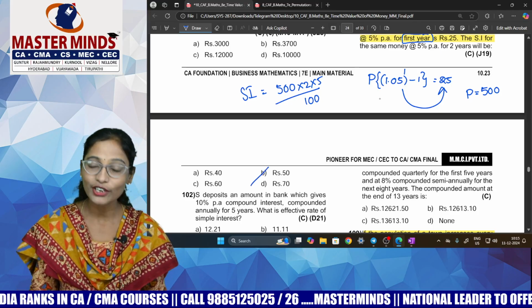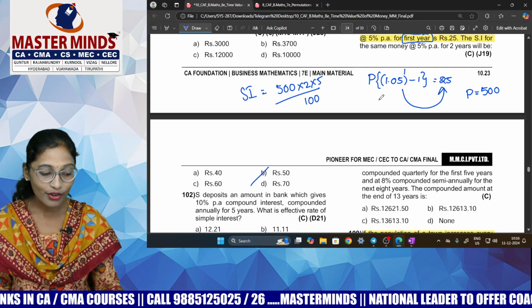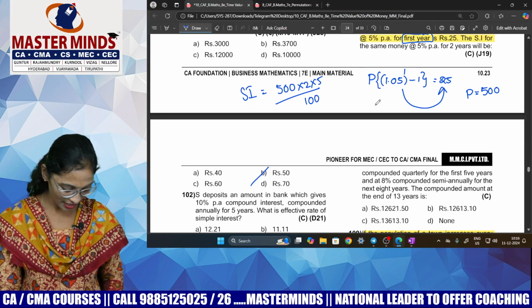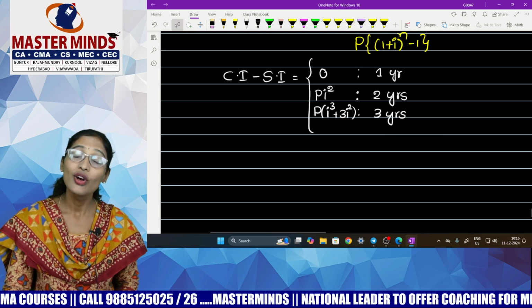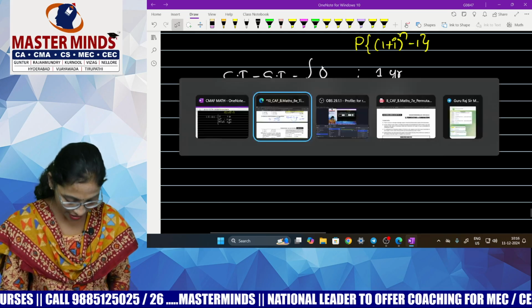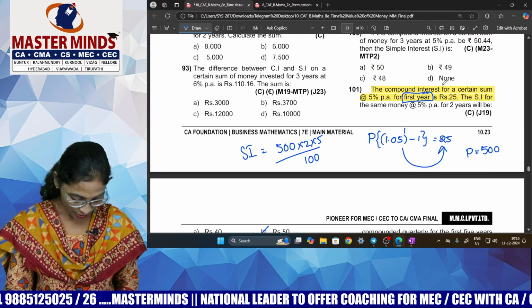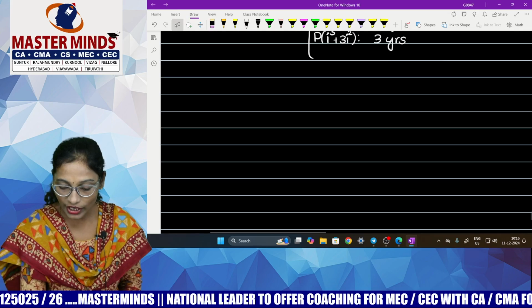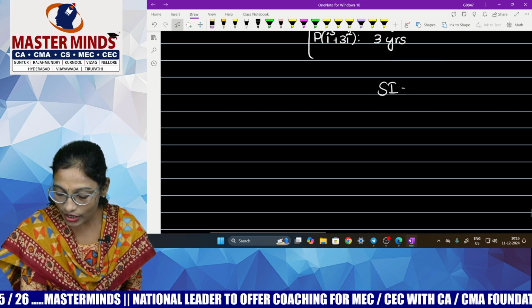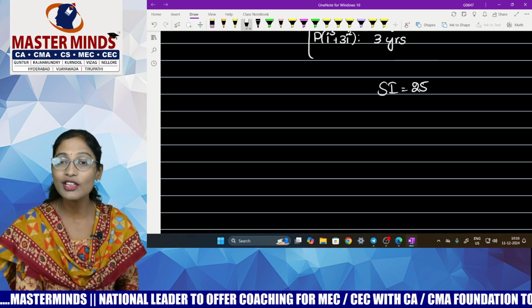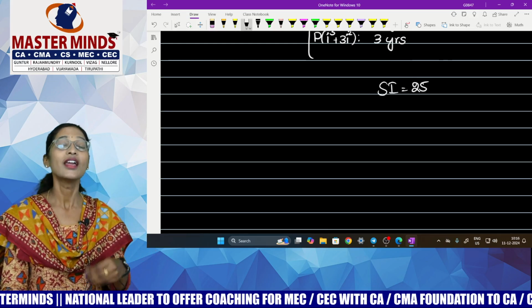But just now I told you that for 1 year ki CI ki SI ki elanti difference ఉండదు. For 1 year CI and SI are same. మరి వాడు CI for 1 year ఎంతనిచ్చాడు? 25. Then what is SI for 1 year? 25. So SI for 1 year 25 అయితే, I mean to say first year 25 rupees అయితే, from the concept